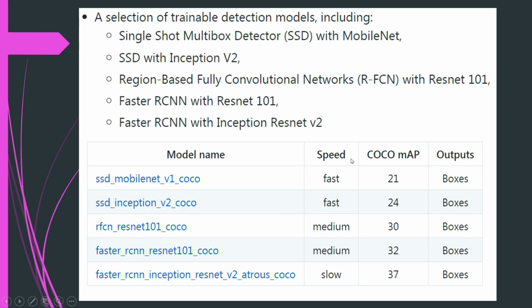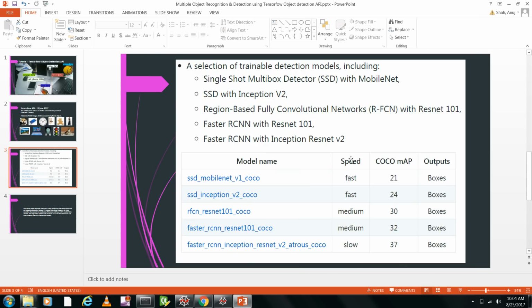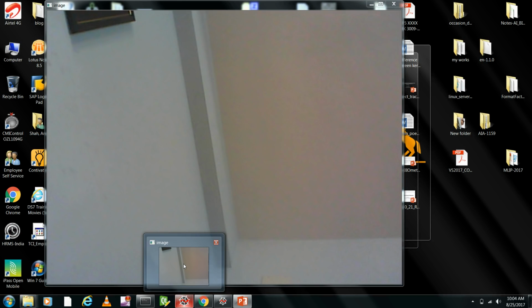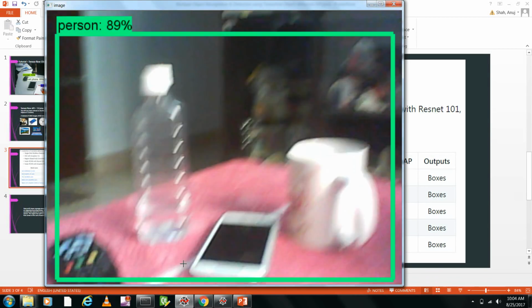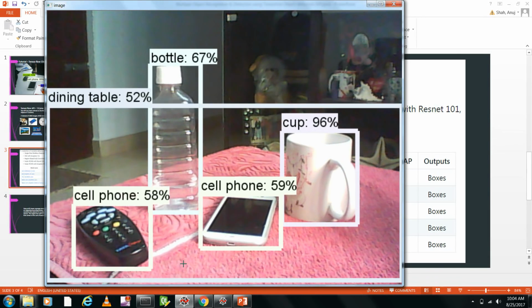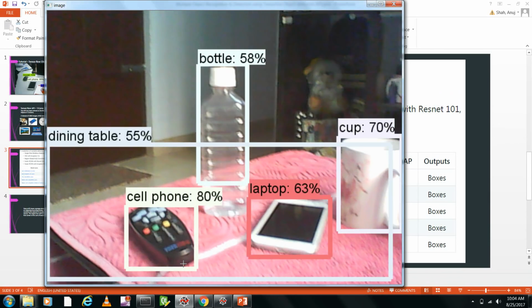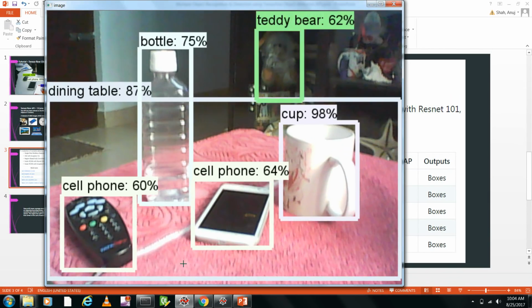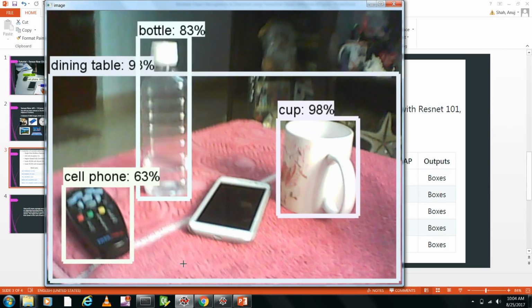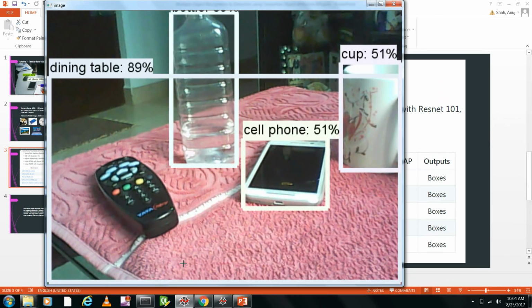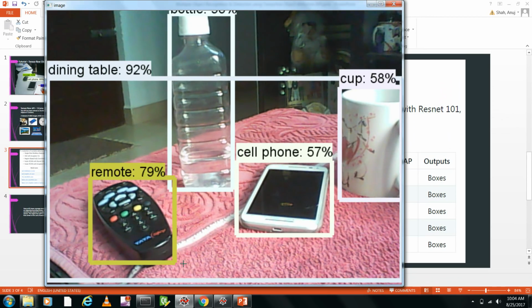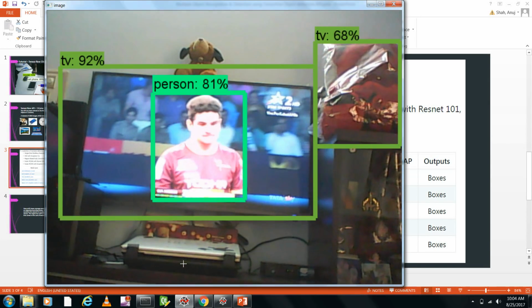So first let's see what you will be able to do at the end of this video. You will be able to recognize any objects in your home or anywhere. So you can see this. I have a few objects here: bottle, cell phone, cup, dining table, remote, which somehow it is misrecognizing, I don't know why. Yeah. So cup, cell phone, remote, dining table, and even the TV, it's recognizing the TV,